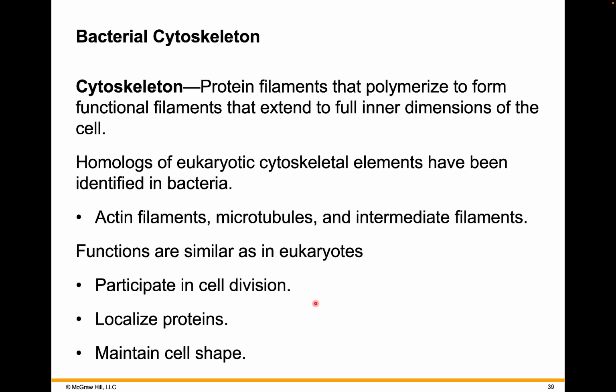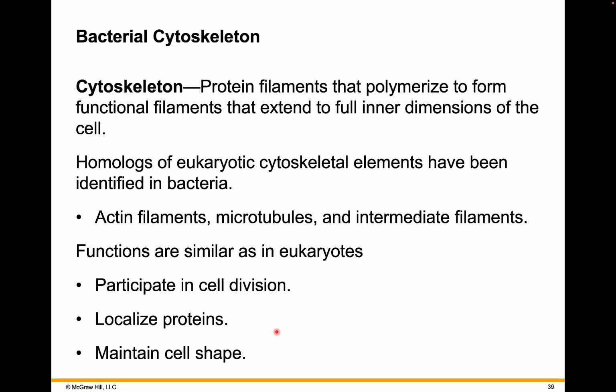So the bacterial cytoskeleton is protein filaments that polymerize to form the functional filaments, extending to the full inner dimension of the cell. And there are many homologs of eukaryotic cytoskeletal elements that have been identified in the bacteria. Your textbook does have an entire tabulated format of many different types. Just an overview of those is necessary, and we are only going to talk about three of them,